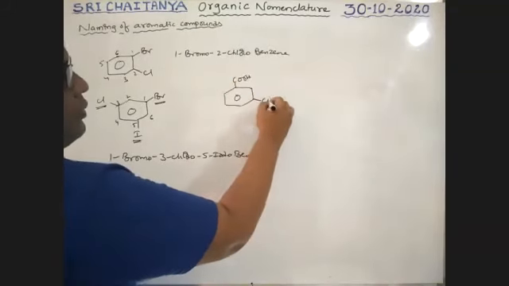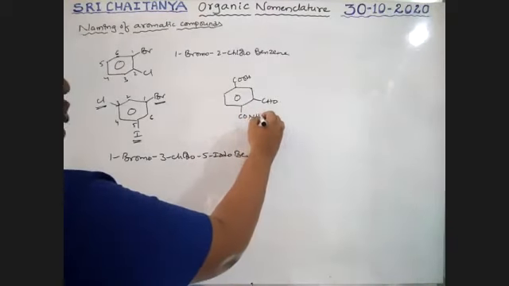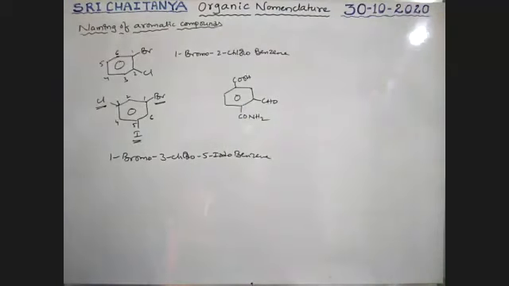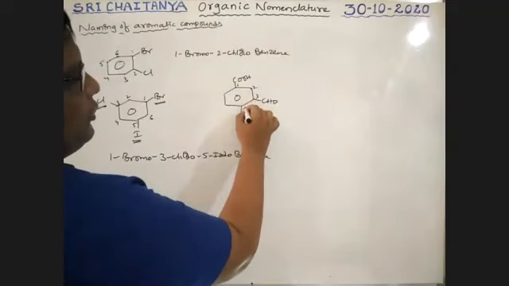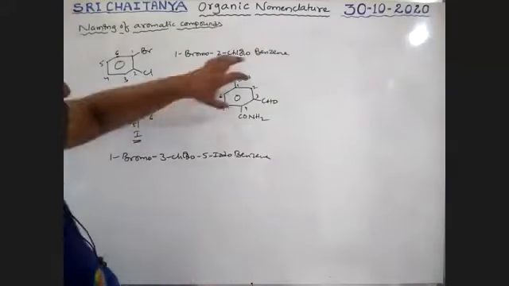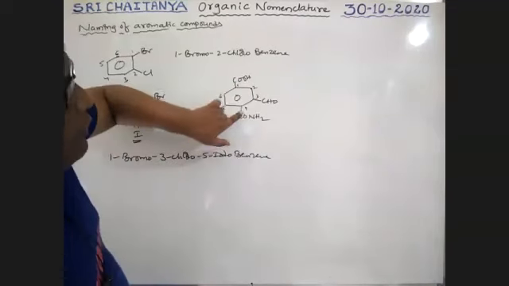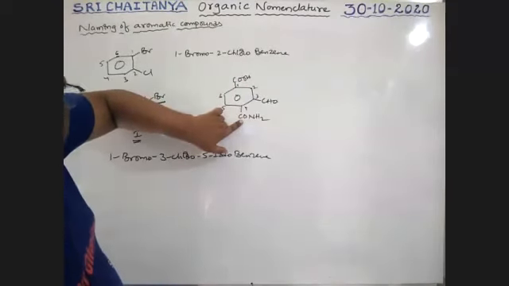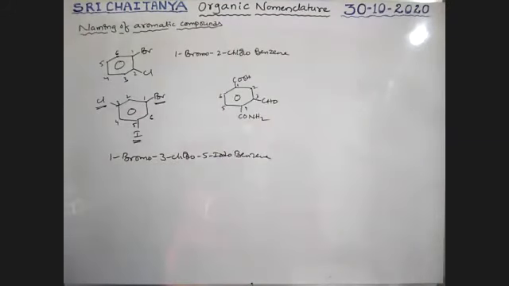COOH, CHO, CONH2. So COOH is the major function of it. It should be the first carbon, second, third, fourth, fifth, sixth. Therefore, it is benzoic acid, boys. For benzoic acid, third carbon formyl, fourth carbon carbamoyl. So please note down those conditions.